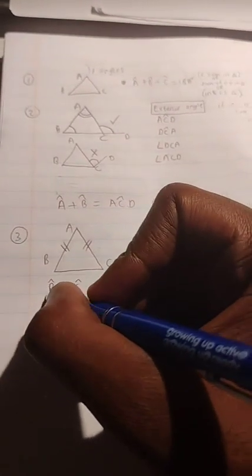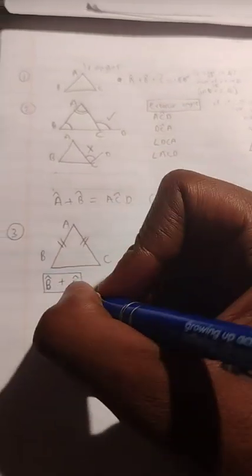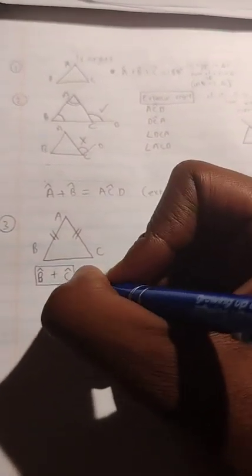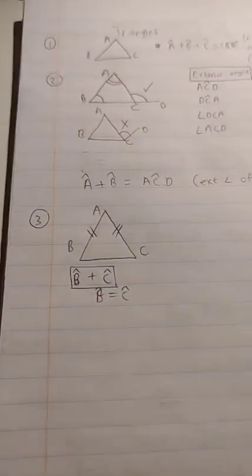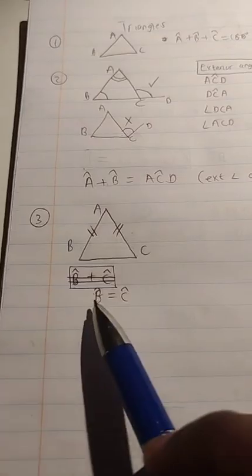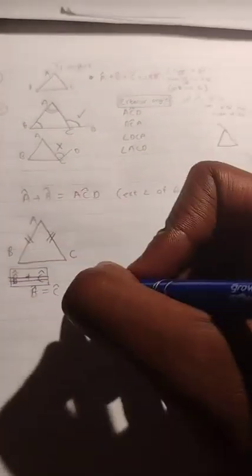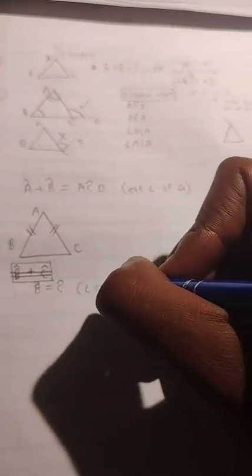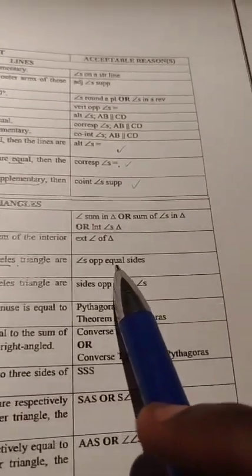Of course we can't say this, right? So what we say is angle B is equal to angle C. I was just writing that there for the sake of writing it. You can say angle B is equal to angle C. Why? Our reason that they are saying we should actually write down is angles opposite equal